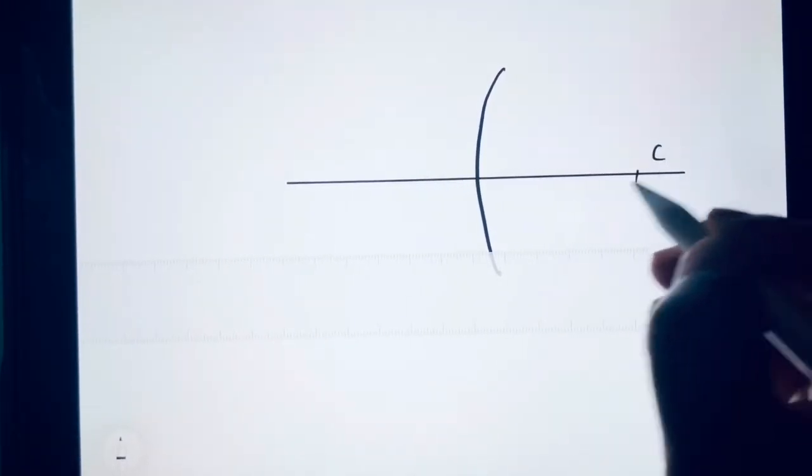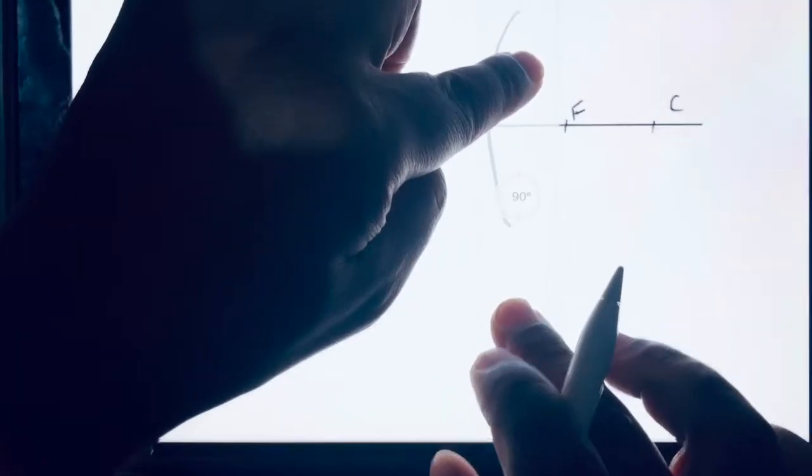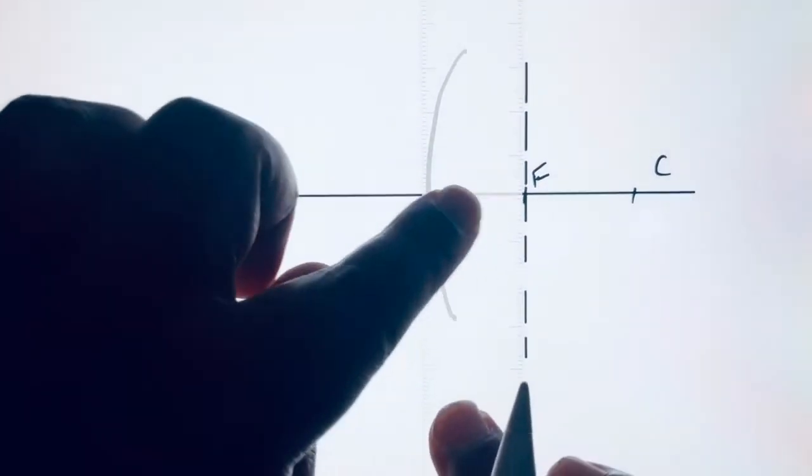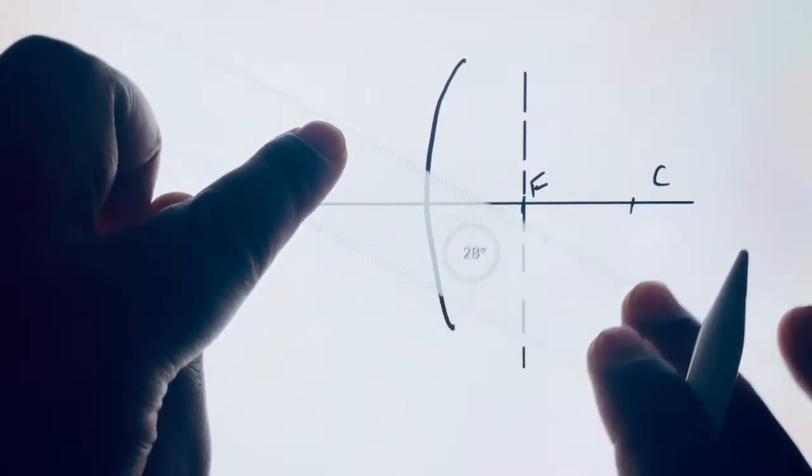Now let's discuss the focal plane for a convex mirror. So this is a convex mirror. We have the principal axis, the center of curvature here and the focus here. The plane that is passing through the focus and which is perpendicular to the principal axis is your focal plane.